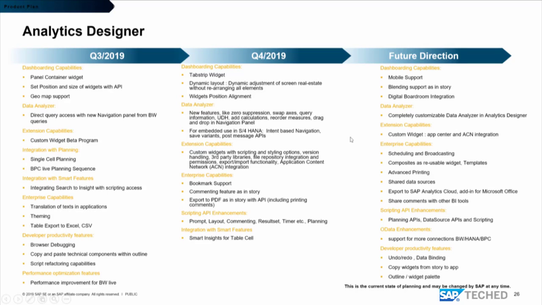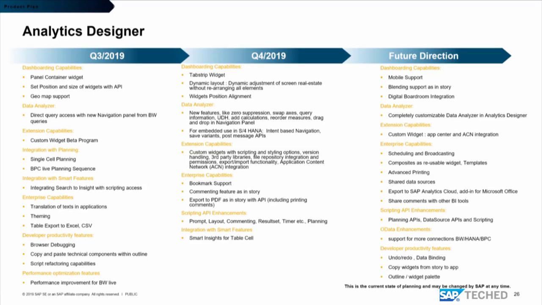And in the future roadmap, we also have mobile support, right? We are planning to enable mobile native browser support, plus mobile app support, and blending support in the story, digital boardroom integrations, and further enhancements in the data analyzer and the extension part. Enterprise capabilities are key, for example, scheduling, broadcasting, the POC for that, and composites